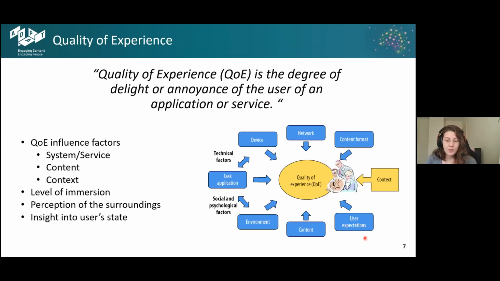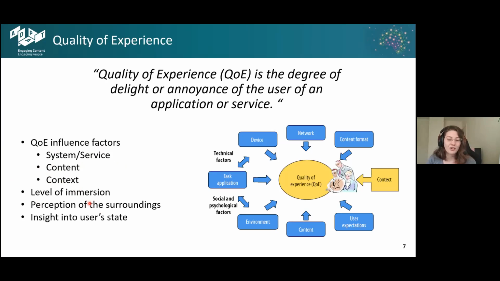And for this, we have some influence factors. The first one is related to the system, to the application. In VR, for example, we have a headset. This is the system. This is the hardware that we are using to render the virtual environment. And the next influence factor is the content. So what are you displaying to the user? What are you showing the user? Are you showing a virtual environment like the example with a fairy tale environment, or a real environment, or a